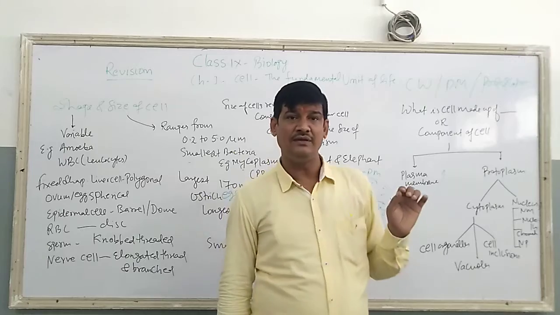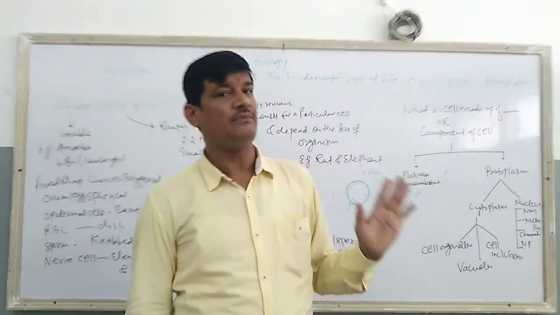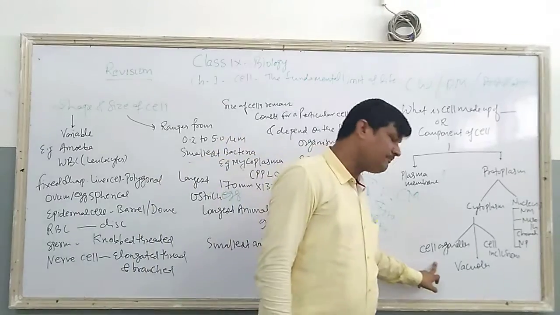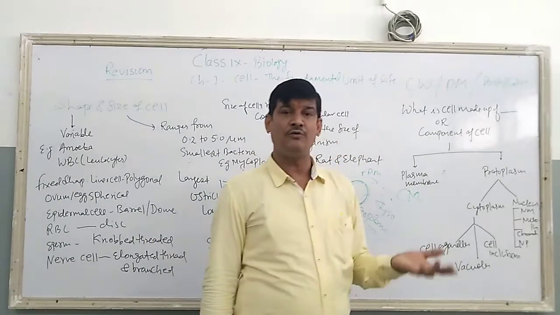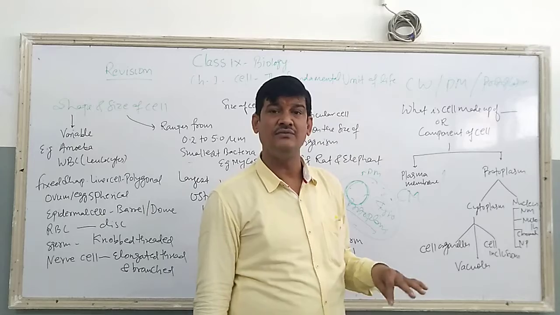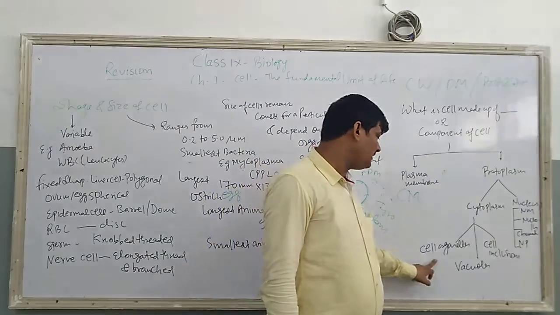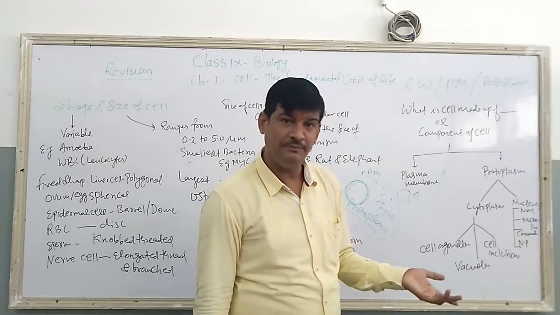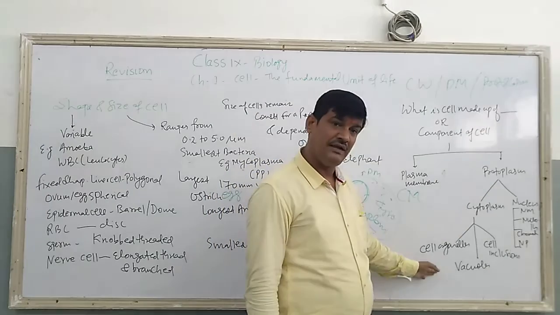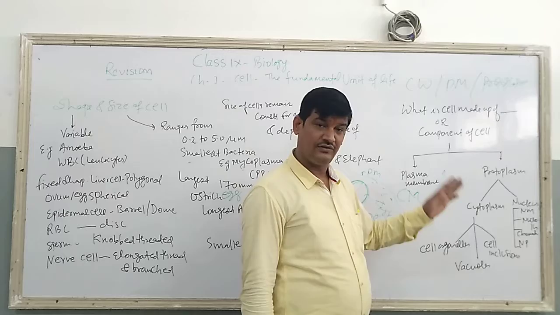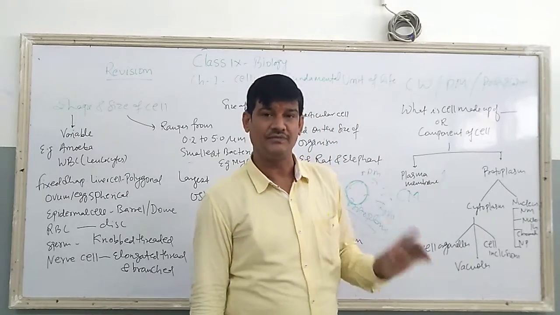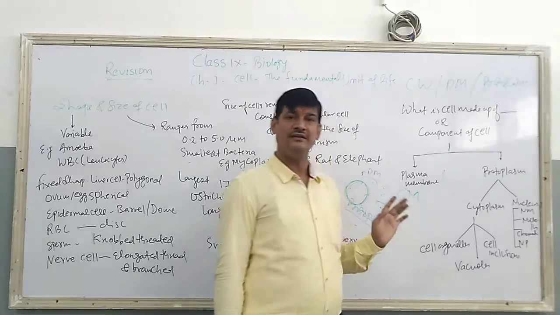For example, ribosomes play the important role of protein synthesis. Plastids play an important role in photosynthesis and storage of food. Mitochondria, which are called the powerhouse of the cell, generate ATP. So these are some examples of cell organelles. Cell organelles are the structural components within the cell which perform specific functions.